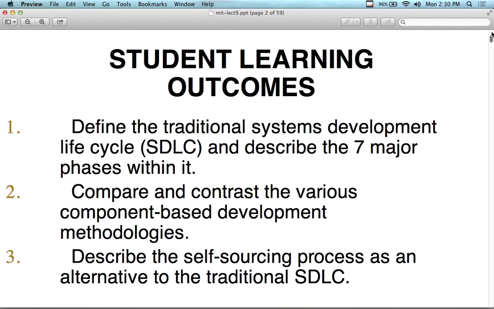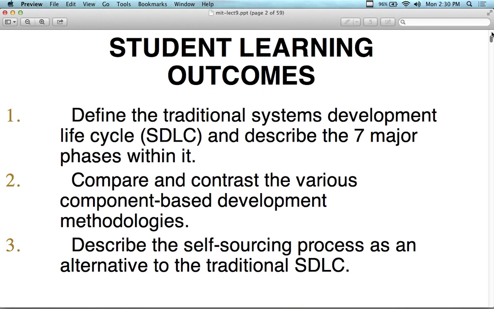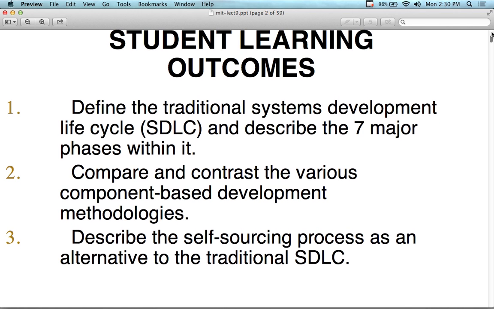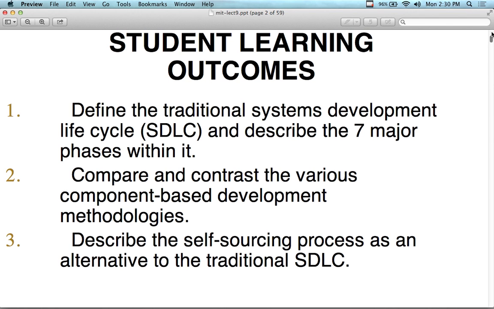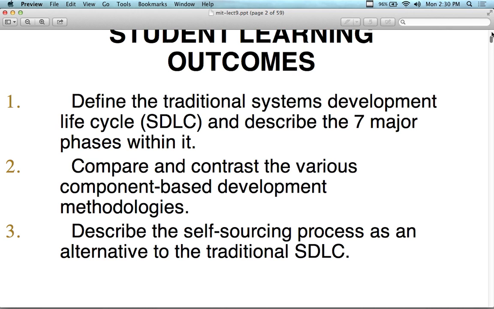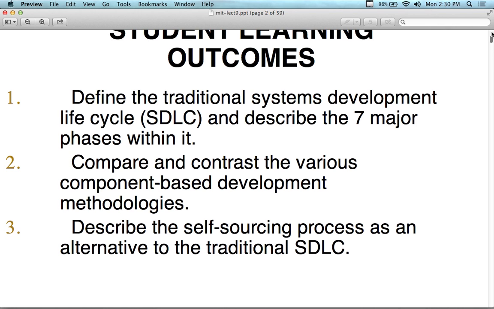We're going to define, and this is going to be a little overlap for those people who have taken Software Engineering 1, but for business people, you may not have had Software Engineering 1. This is what you learn in Software Engineering 1 traditionally, or Systems Analysis and Design, which would be an IS or IT course. So defining the traditional development cycle, the waterfall model, 7 major phases, comparing and contrasting various component-based development methodologies,